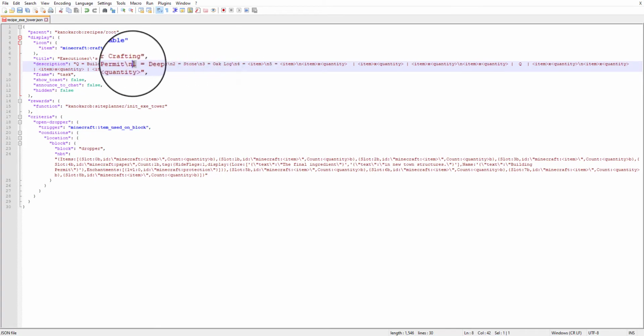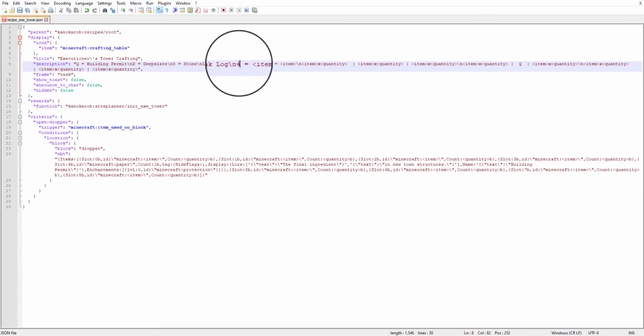And then for each of those, there'll be a number right before. Change that to the letter that you want to represent that symbol, that item in the recipe. So in this case, D for deep slate, S for stone, and L for oak logs. And go ahead and continue for any other items that exist here, for in this case copper. And then any other lines you can go ahead and get rid of, as well as any other extra /ns